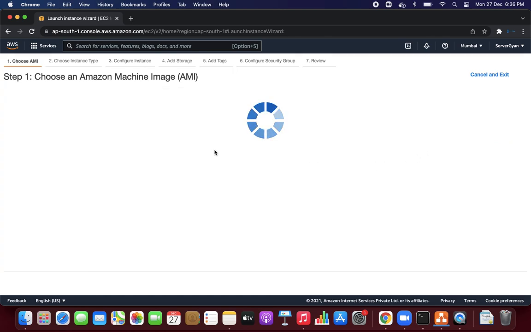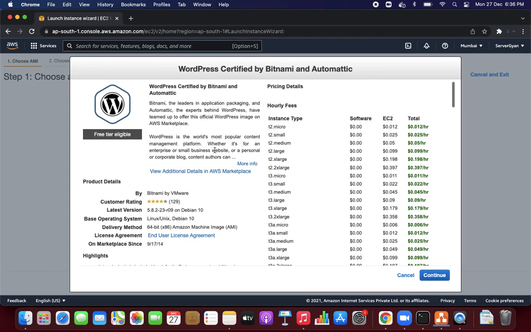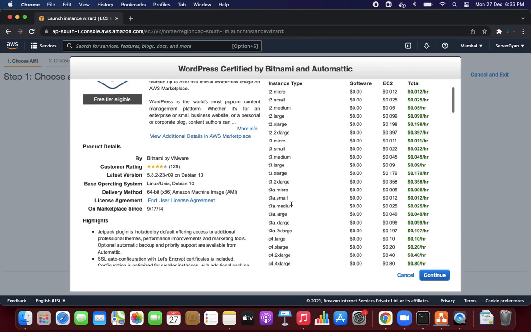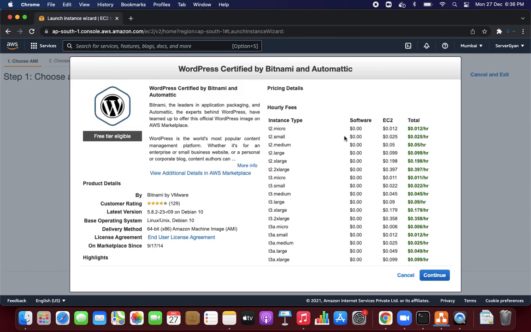So obviously we have selected the WordPress image. After that, we will have to select the type of instance. As you can see here, WordPress is going to give you a notification about how you are going to be charged, and how much you will have to pay for different types of instances. If you talk about T2 Micro, as this is our AWS account and we are working under the free tier, we don't have to pay anything, right? So obviously we will hit continue here. Even if we are running multiple EC2 instances, and that too with T2 Micro type instances, we might have to pay for it, but we need not worry about it. Let's continue.